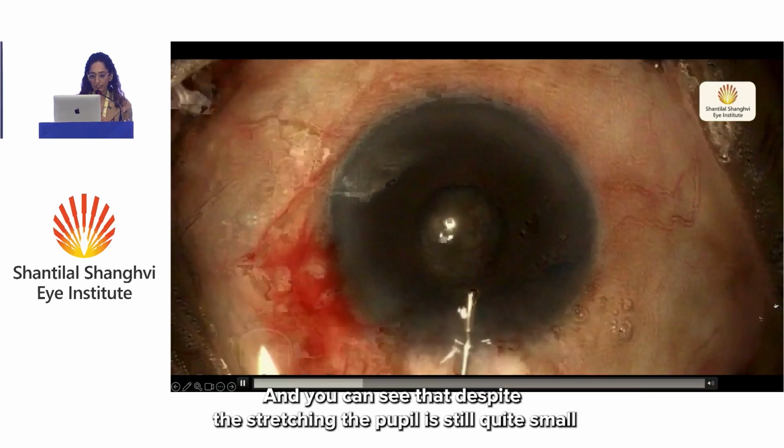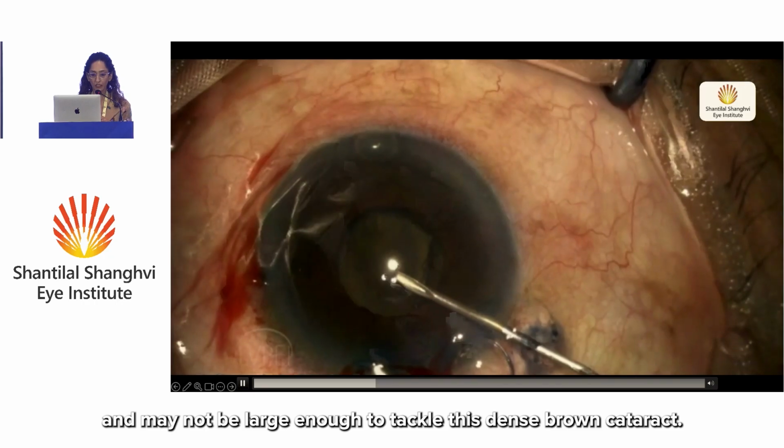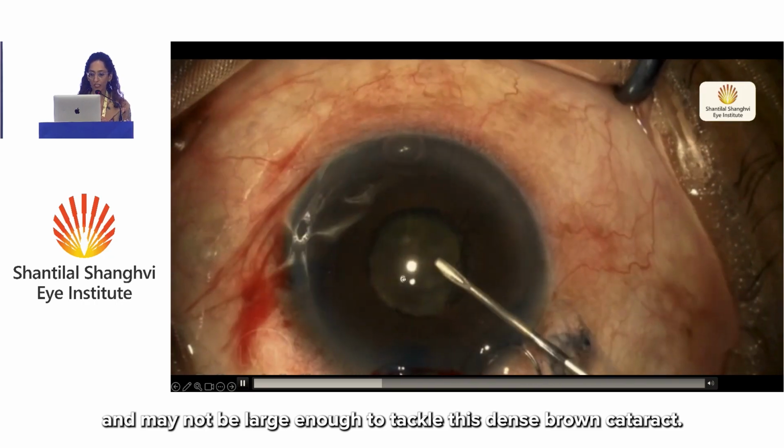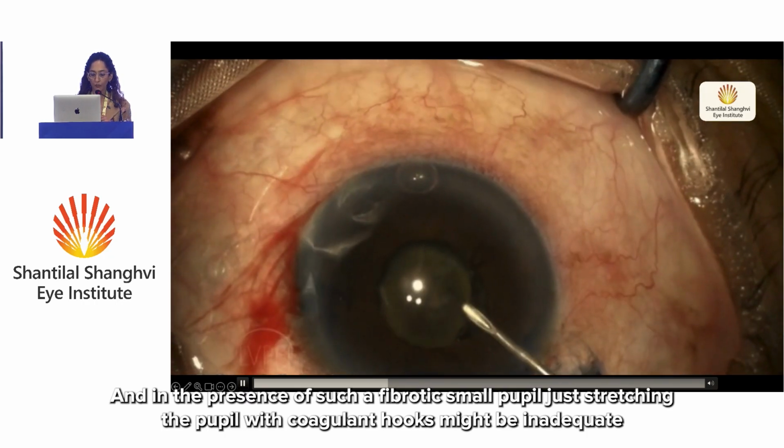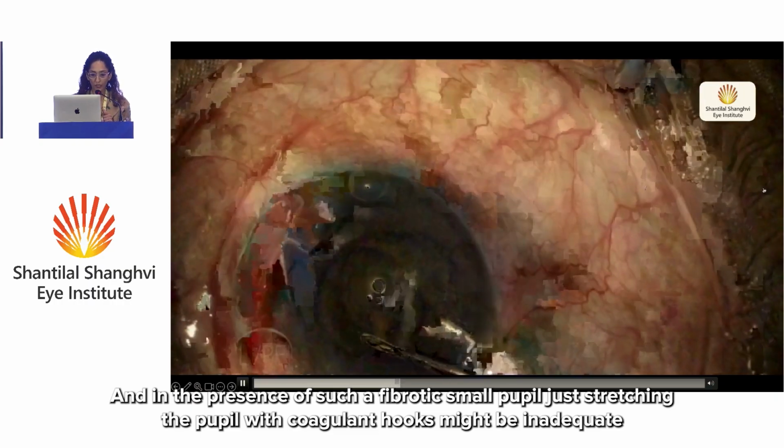However, this is necessary because a good surgical outcome trumps cosmesis. And you can see that despite the stretching, the pupil is still quite small and may not be large enough to tackle this dense brown cataract. In the presence of such a fibrotic small pupil, just stretching the pupil with Kuglen hooks might be inadequate,